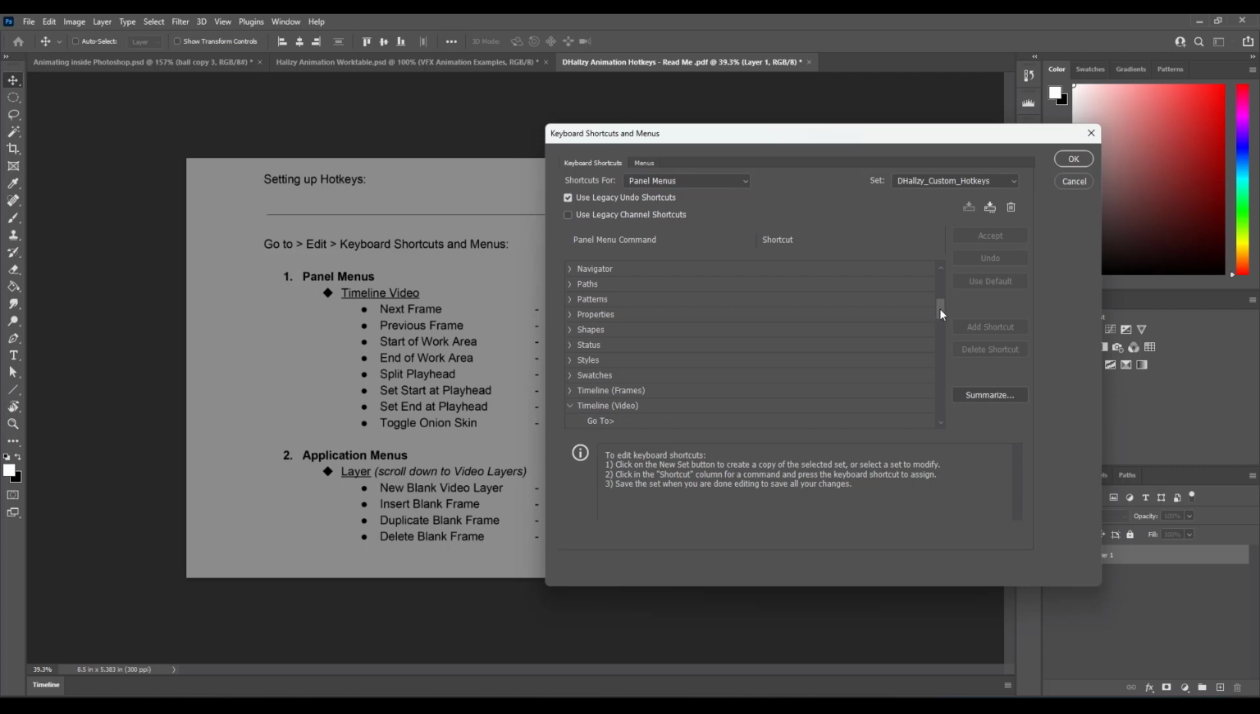And if we unfurl that and go down, we'll have options like go to the next frame, go to previous frame, start of the work area. We'll have the onion skin around here somewhere. Yeah, there it is. Enable onion skin. So these options are found in there, along with a bunch of other options to play around with if you so choose. But for my workflow and how I like to handle things, these are really all that are important to me. So now, if we head over to the application menus